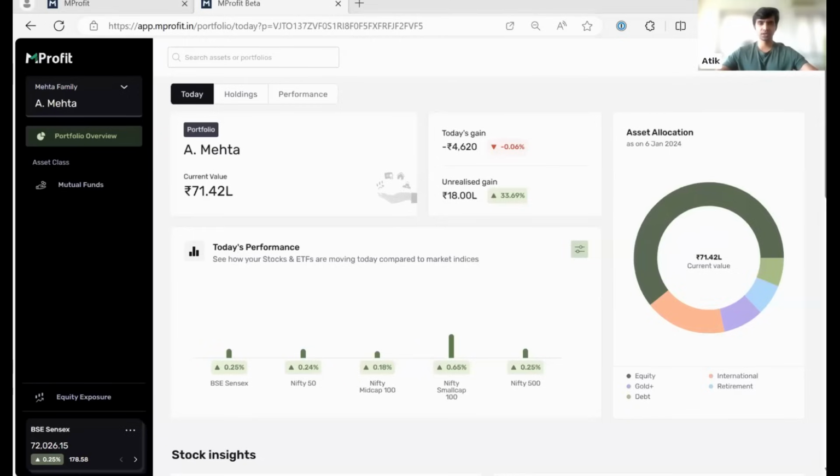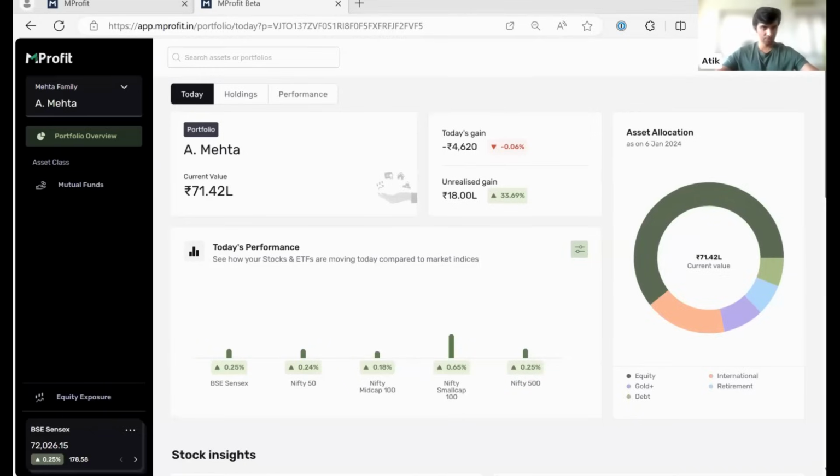Once your data has been consolidated into the MProfit platform, you can get a variety of different reporting insights, such as capital gains, IRR, asset allocation insights, unrealized P&L insights, comparisons of your portfolio against benchmark indices, how you're doing versus benchmarks, and more advanced insights such as your 1 year, 2 year, 5 year XIRR performance, and more. We've done webinars in the past where we've covered a variety of different MProfit features in detail.